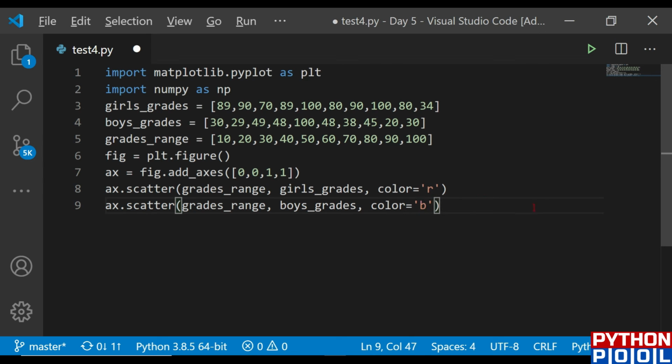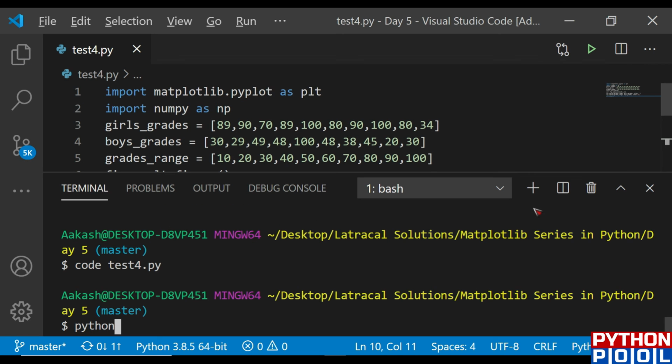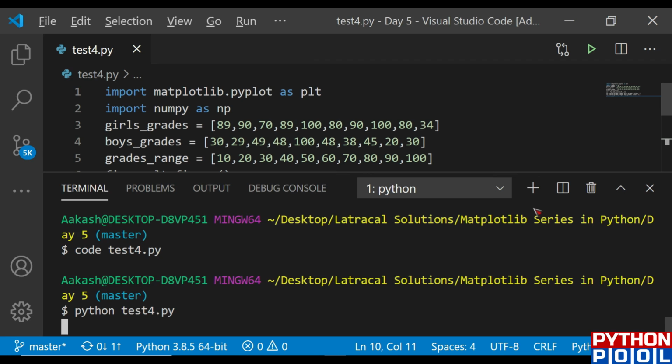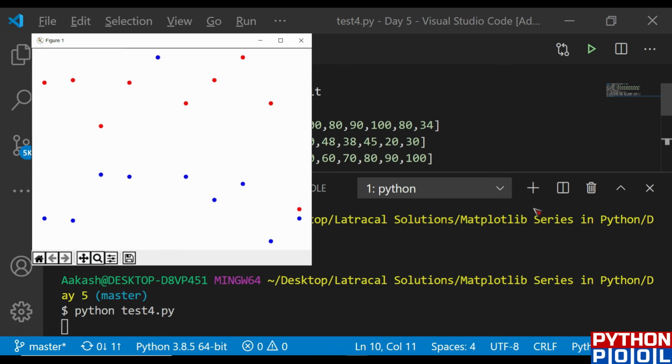Now I'm just going to call the show function, and we are ready to show our graph. Let's hit save. Let's see if it runs perfectly fine. And yes, it runs perfectly fine. We got our range, we got our data as we saw in the presentation.